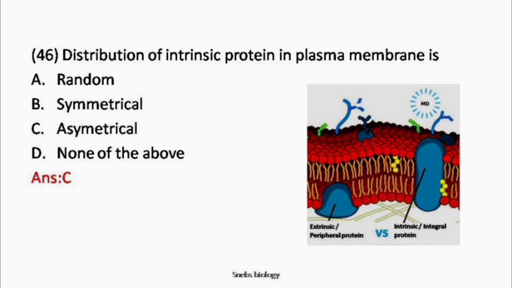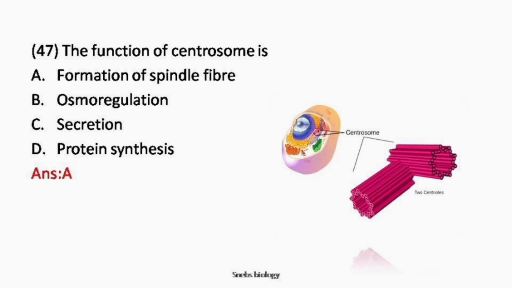It is mainly composed of phospholipid bilayer structure with the embedded proteins. The membrane proteins are extrinsic on the surface of the membrane and intrinsic across the membrane, that is across the bilipid layer. So the distribution of intrinsic protein in the plasma membrane is asymmetrical. Okay. Next, the function of centrosome is option A, formation of spindle fiber, option B, osmoregulation, option C, secretion, and